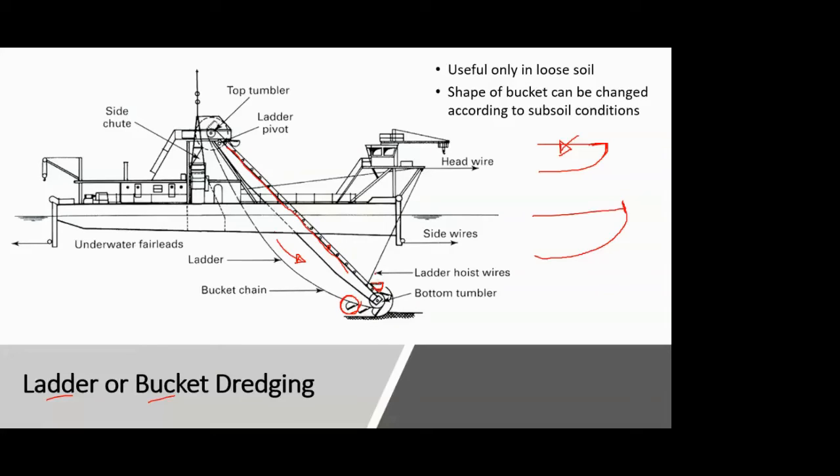So the open part comes out on the top, and then it goes above, and maybe here somewhere, you can see this is another bucket that they have shown. And then you have a top tumbler in which the bucket is then inverted. And whatever is the material, it is then dumped on this side. And then that empty bucket, still attached to the conveyor, comes down.